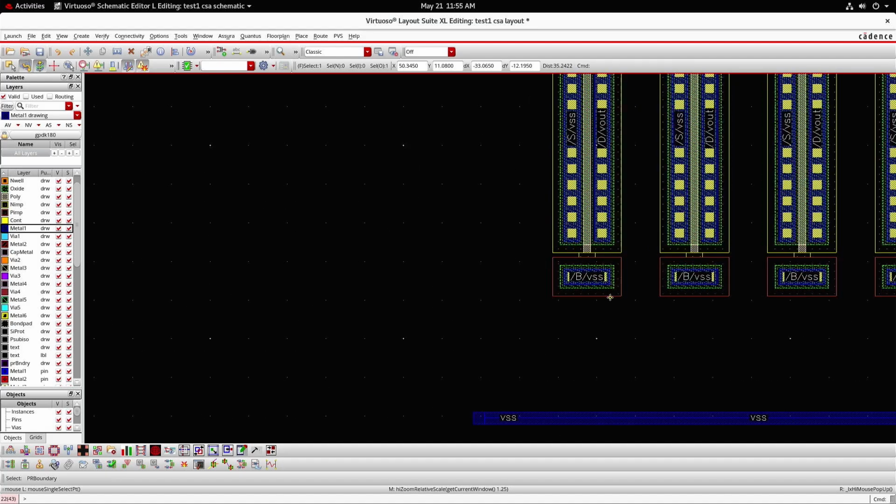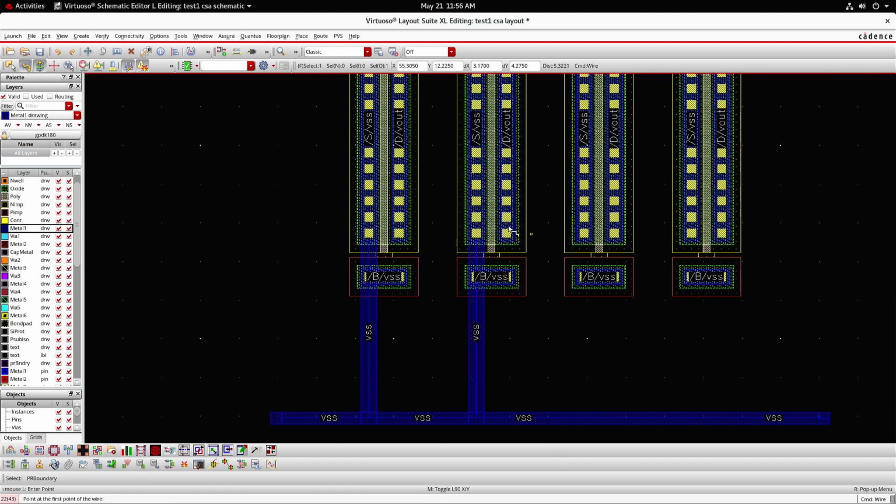And again it has to be connected to VSS. Let me complete the body connection and source connection of VSS. Suppose if I start from here by pressing P and extend it to VSS rail, as it is passing from source through body, both source and body will be connected to VSS. Similarly, I have to do it for remaining 3 multipliers so that VSS and body connections are completed.